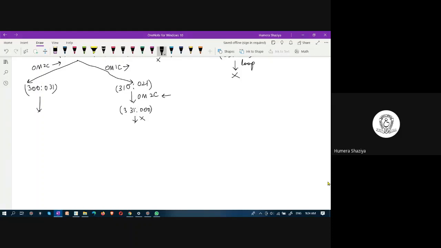Can you tell me from this state what we can do? One cannibal to the left. Yes, zero missionary, one cannibal to the left. To the left means this arrow is pointing to the left. After you do that, what will be the state? 311 colon 020. When you expand this state, you have to apply an operator. What operator are you applying? Can you tell me which operator to apply?